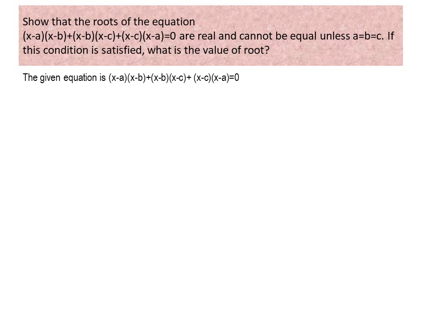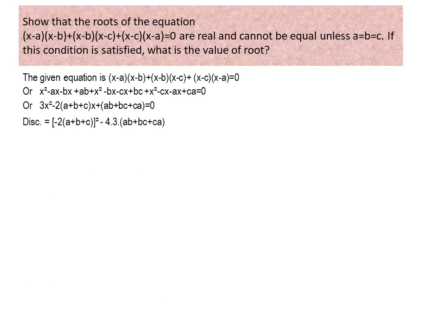Now we know the given equation is (x minus a) into (x minus b) plus (x minus b) into (x minus c) plus (x minus c) into (x minus a) is equal to 0. Or we can say x square minus ax minus bx plus ab plus x square minus bx minus cx plus bc plus x square minus cx minus ax plus ca is equal to 0. I have opened all the brackets by multiplying. Now let's discuss in detail. Or 3x square minus 2 into (a plus b plus c) x plus (ab plus bc plus ca)